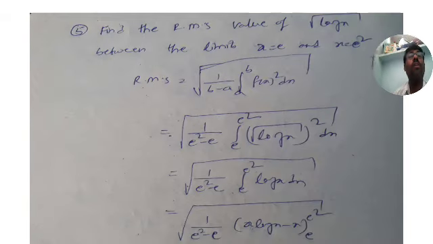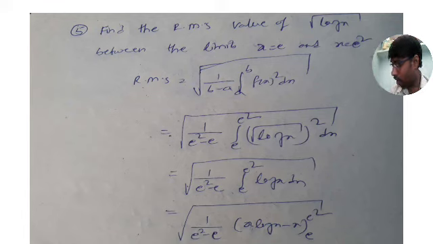Find the RMS value of square root of log x between the limits x is equal to e and x is equal to e square. You see, these 2 problems also came repeatedly, that is square root of log x with limits 1 to e and limits e to e square. Both problems came repeatedly for 5 marks. So whatever problems I selected, they have previously come about 10 plus times, guys. So these problems are very, very important.